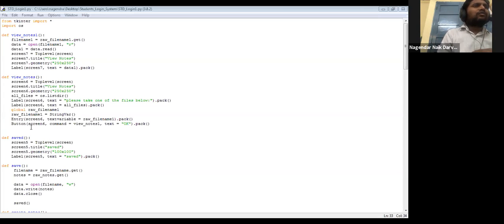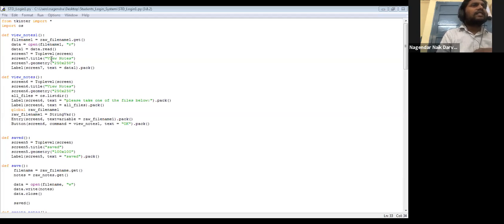Okay, done. After that, when we press OK, it needs to open that file and show the content. To open the file and show the content, view notes one will be taken as a separate screen. So when we press OK on screen 6, the view notes screen, the command takes us to the next screen, the seventh screen.